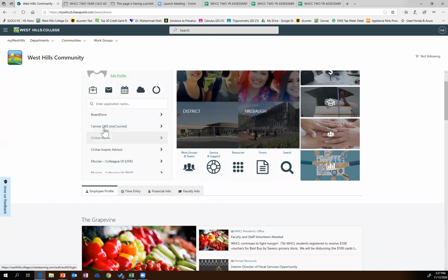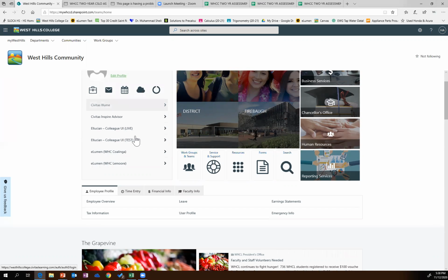And so Canvas is one of them, as you get to your courses right over here. Board Docs is how we handle our governance meetings. So all underneath here is all these little things here. What we want to get to is Illumin, and it's for Coalinga, because Lemoore is a separate system, separate college, separate everything as far as SLOs go here. So if you click on here,